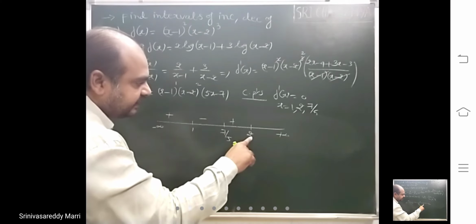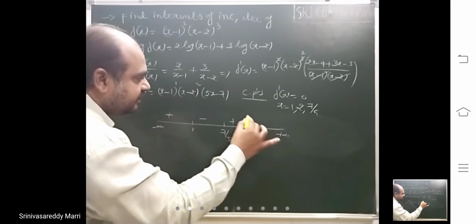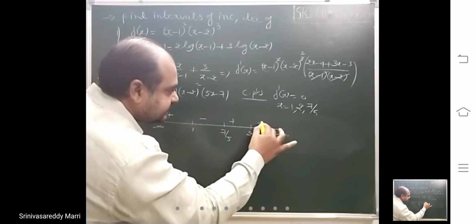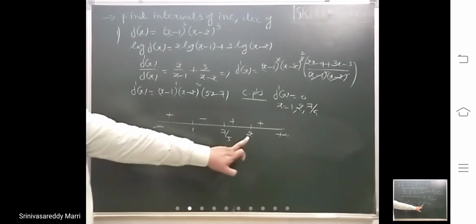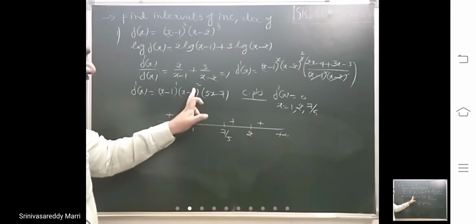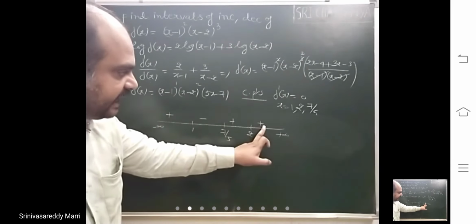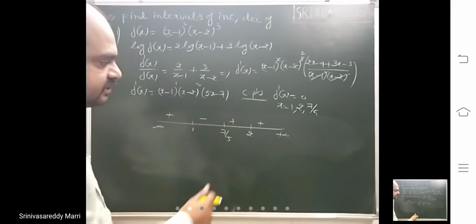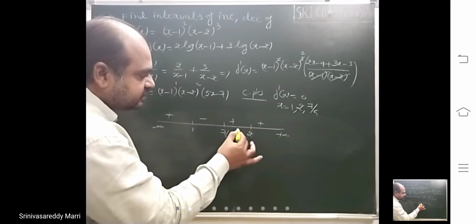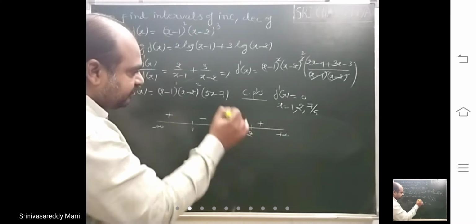So next interval 2. Power is what? Even. Don't change the sign. Same sign you write. 2, look at starting point. It has even power. Don't change the sign, right? Plus only. Because look at 7 by 5 to 2, you substitute any value. In this, you will get positive.